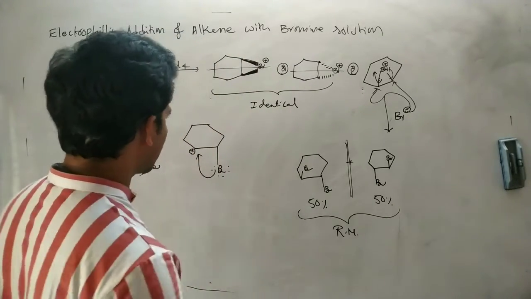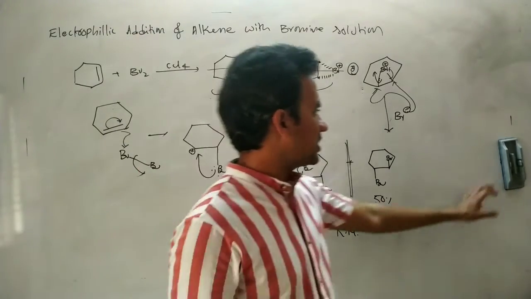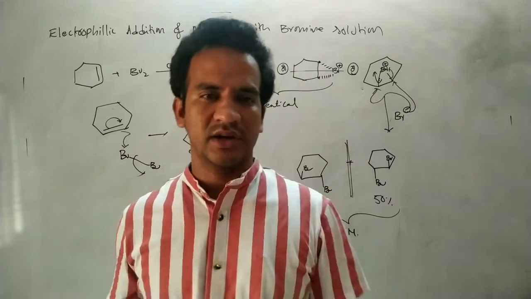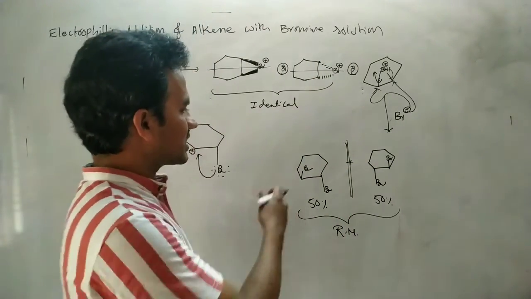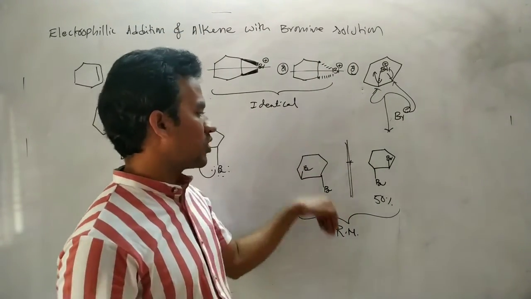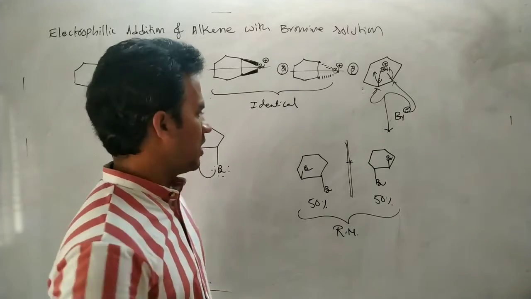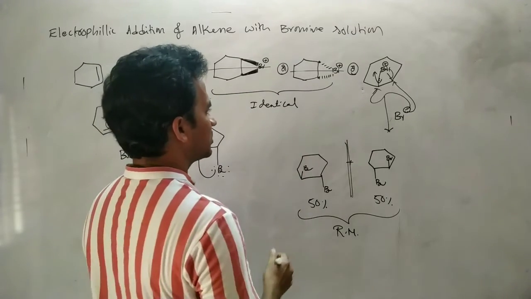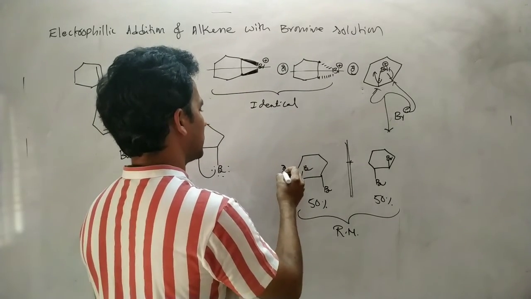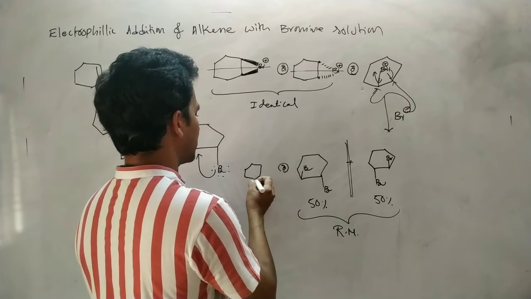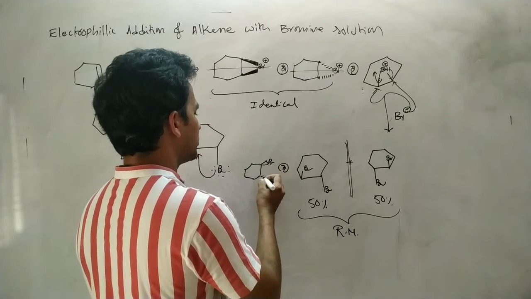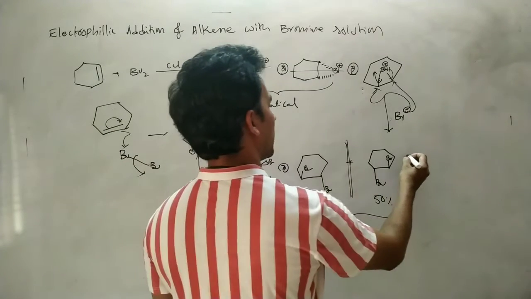Okay, that's it. These two are exactly mirror images. So here in this case, it is a general scheme of the reaction. Here we'll get the trans isomer, bromine in the upward direction, bromine in the downward direction. Of course, we can write this in a 3D fashion. For suppose we can write like this: bromine above the plane, this bromine below the plane.